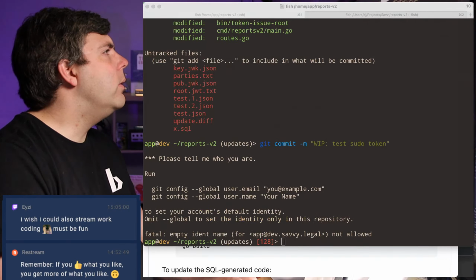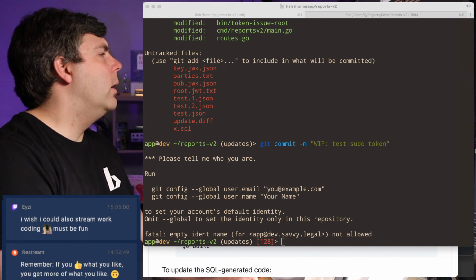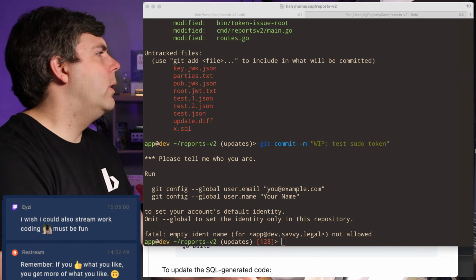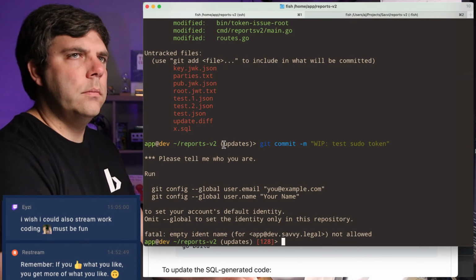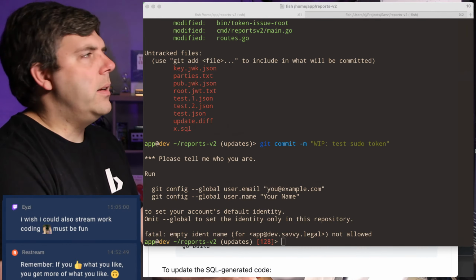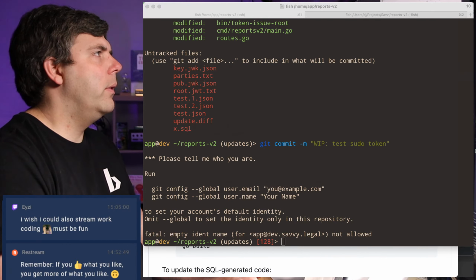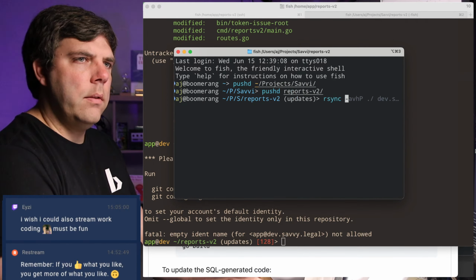There's too many things confusing me. Get out of there. Okay, now let me open up another one. Move this over here, and then I'm just going to go in. I'm just going to rsync down the code. I guess I could do that from here. I mean, there's nothing I need to do off screen about that.